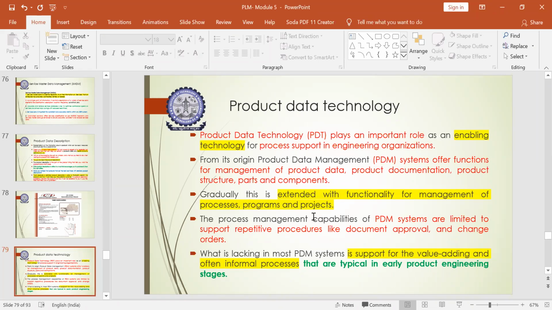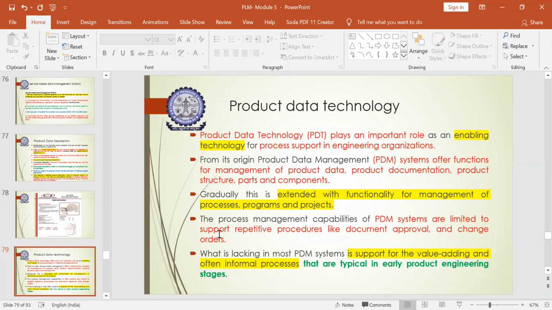The process management capabilities of PDM are limited to support,